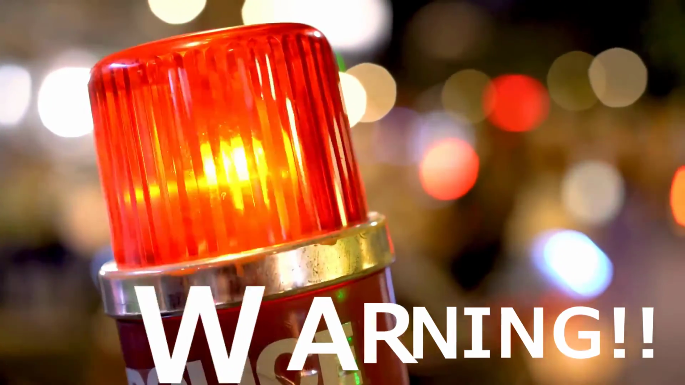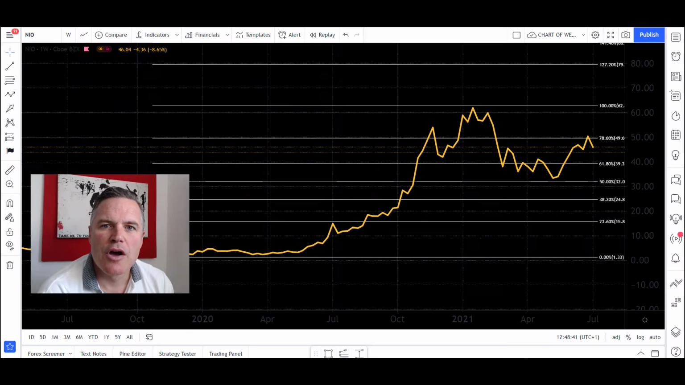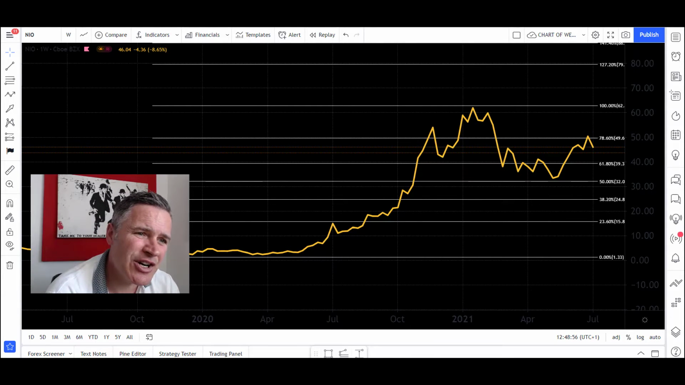So with that out the way, let's get on with the analysis. We're going to start initial analysis on NIO with a simple line chart. I use this just to give me an easy, quick visual idea of what's going on with whatever I'm looking at. Now, if we look at the chart, it's a weekly chart,